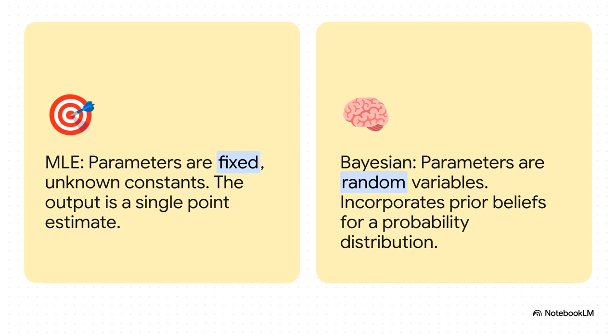And this is where things get really interesting, because this is a totally different philosophy. MLE basically assumes there's one single true answer out there, and its job is to find the best point estimate for it. Bayesian inference, on the other hand, says the answer itself is uncertain, and it treats it as a whole range of possibilities, described by a probability distribution. This also lets us mix in our prior knowledge right into the model.